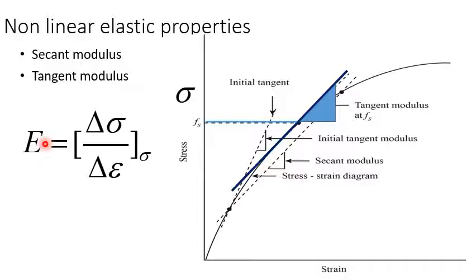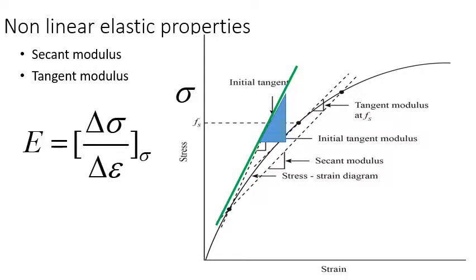The second property, the elastic strength, will remain the same, where we write that it is the point below which the material behaves as elastic, or above which the material starts behaving as plastic; the maximum stress at which the material behaves elastic, or the minimum stress at which the material starts behaving plastic. Even if they specify a tangent point at this point, you can drop a tangent here also and take the slope of it.